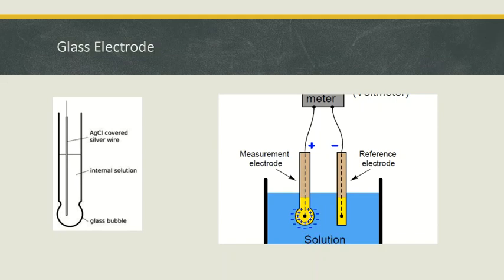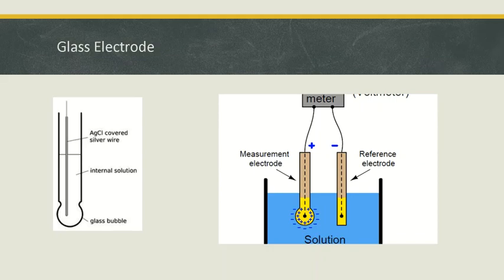Next, our aim is to find out the pH value of the unknown solution. To do so, we combine this glass electrode with the calomel electrode, which acts as a reference electrode. Whenever you dip this glass electrode in an unknown solution, because of the internal electrode it generates one potential, which we take as E2, and externally it generates another potential, which we take as E1.